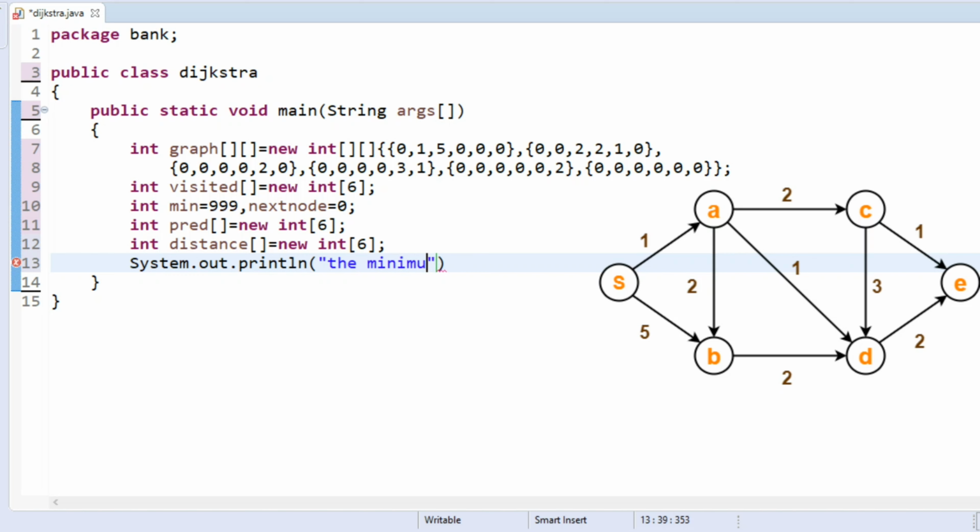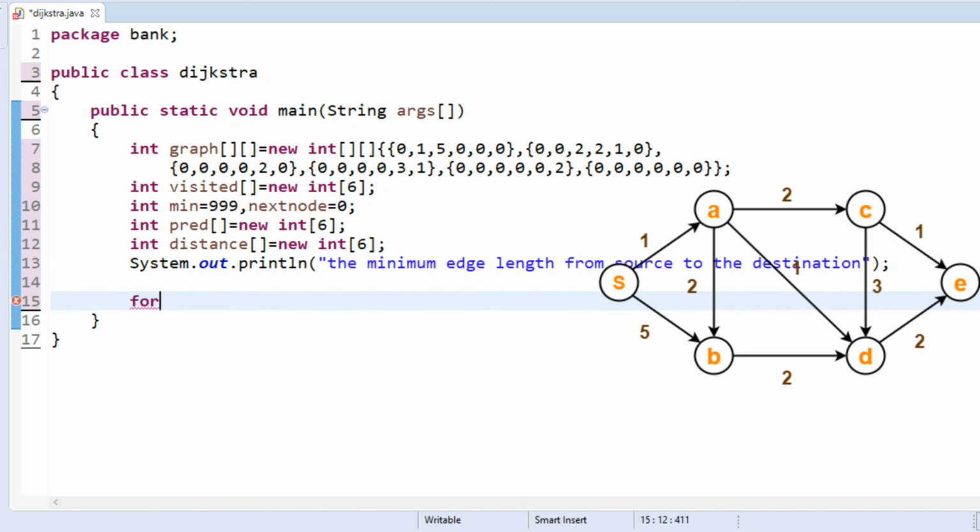So the minimum edge length from source to destination.